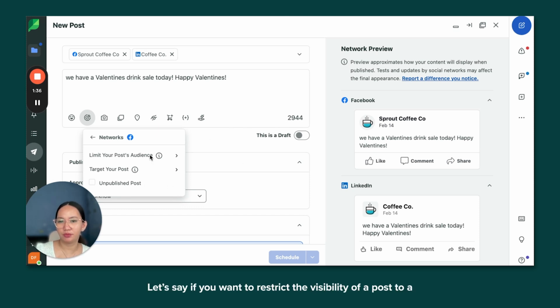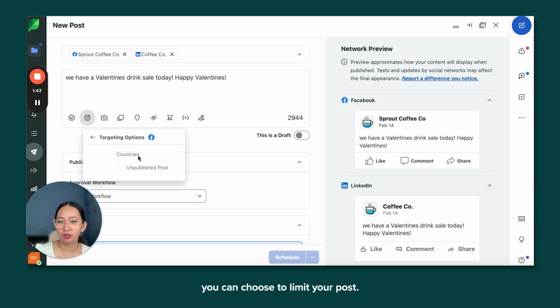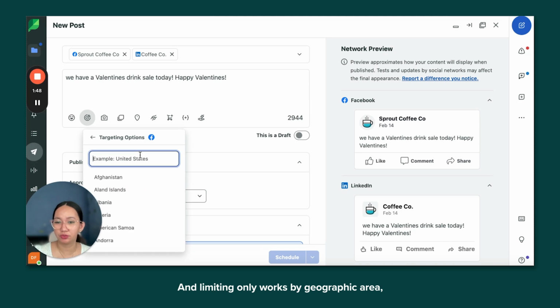Let's say if you want to restrict the visibility of a post to a certain audience segment on your Facebook page, you can choose to limit your post. And limiting only works by geographic area, which means this post will only be seen by those who are in that chosen location, regardless of whether or not the post is shared to them or they visit my page. For our example here, we have a Valentine's ring sale, but the sale is only for my customers in the Philippines. So I would limit this post and select Philippines in here,